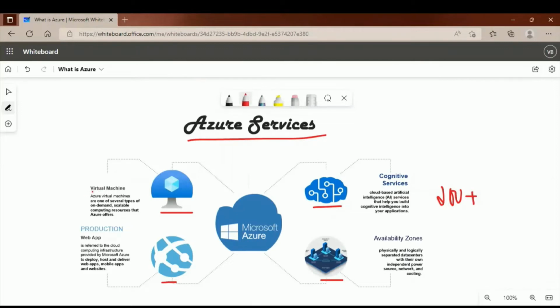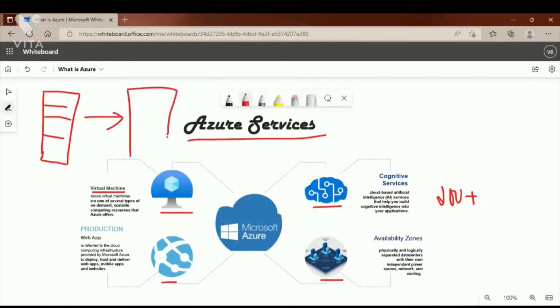So first is virtual machines. What are virtual machines? Just suppose in your organization there are 100 computers in the on-premises infrastructure. If the same company is moving to the Azure cloud, the cloud also needs desktops, but a virtual machine is not a physical desktop like those in on-premises infrastructure.